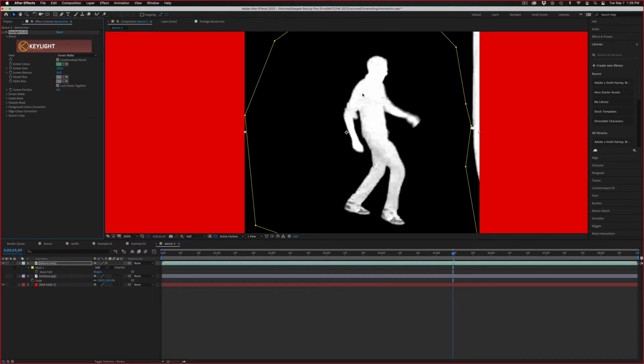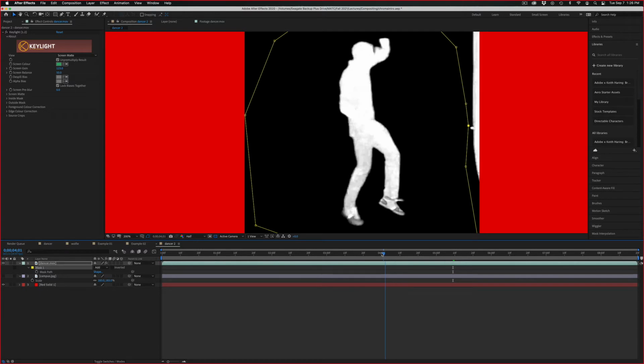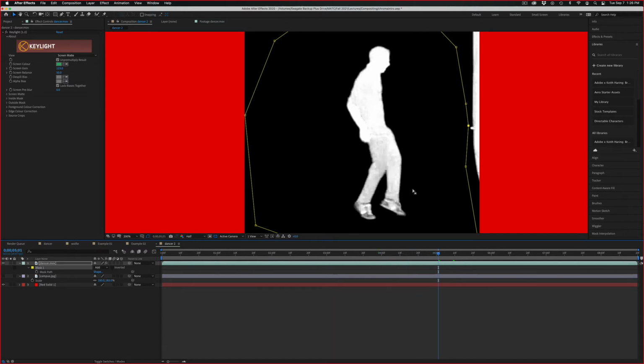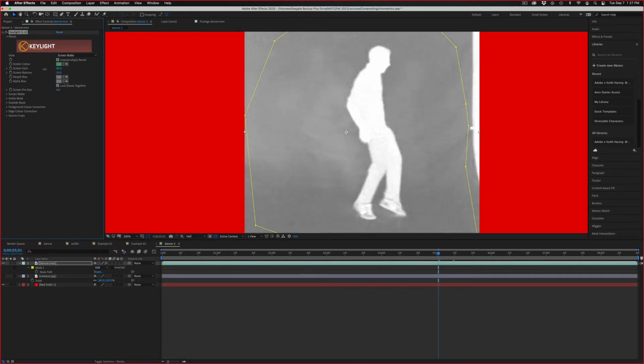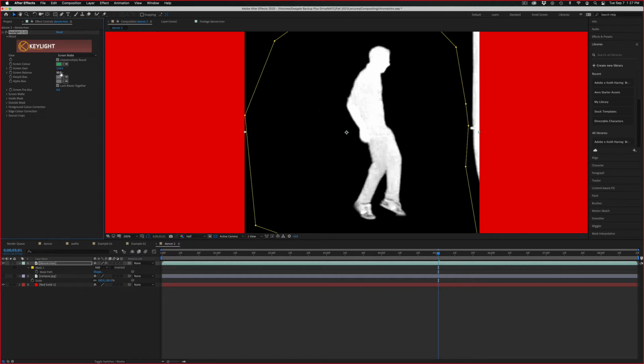Also, I can see that there's that one little clip right here that I'm going to fix. As I scrub through, I can definitely see where the transparency is. I can fix that with screen gain and balance and get a better idea of what it's doing. But neither one of them is really giving me what I want; it sacrifices one thing for the other. I'm going to undo those, and instead I'm going to look at screen matte